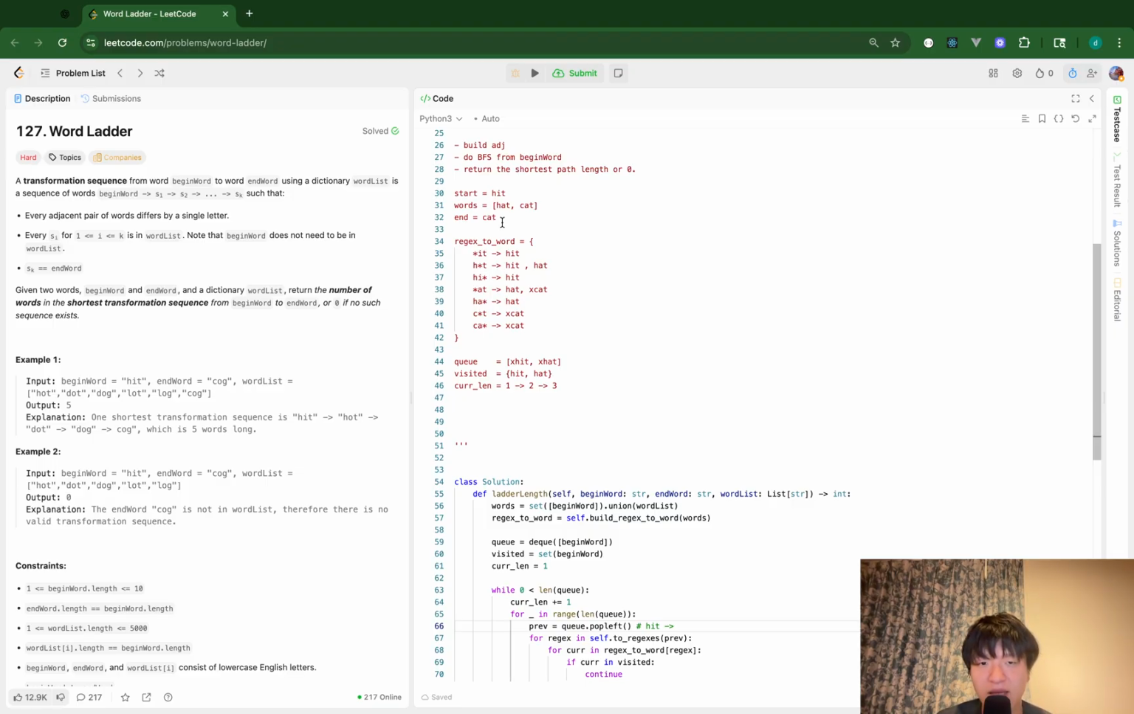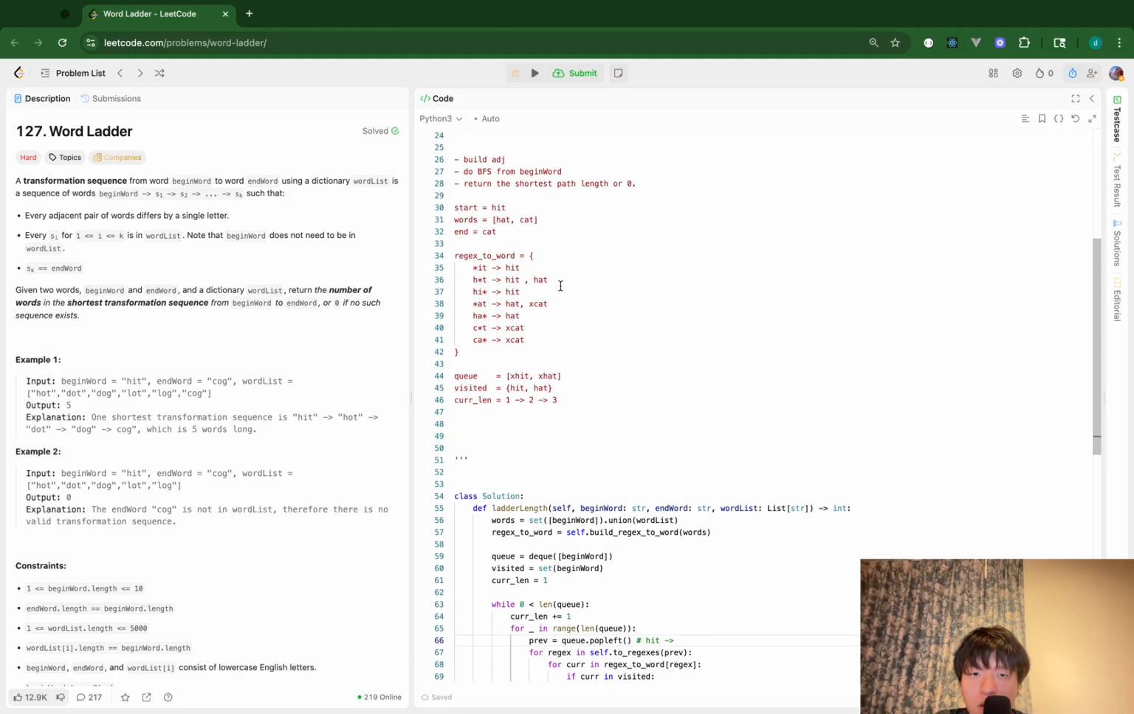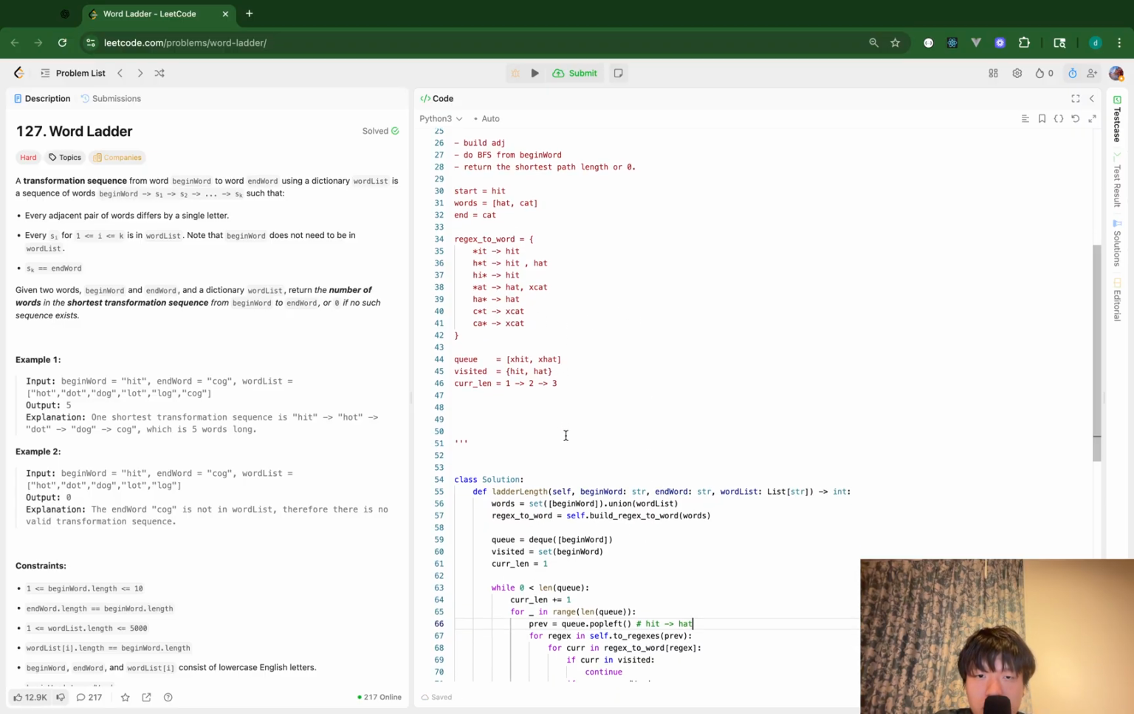Oh, my mistake. So actually, if the search word is hit and the end word is cat, I can visit it in one path. I mean, one move. Which means that when current is equal to cat, I could finish it. Wait, I'm a bit confused. So hit. Then I popped out hot. Sorry, it's okay. So when I have hot,